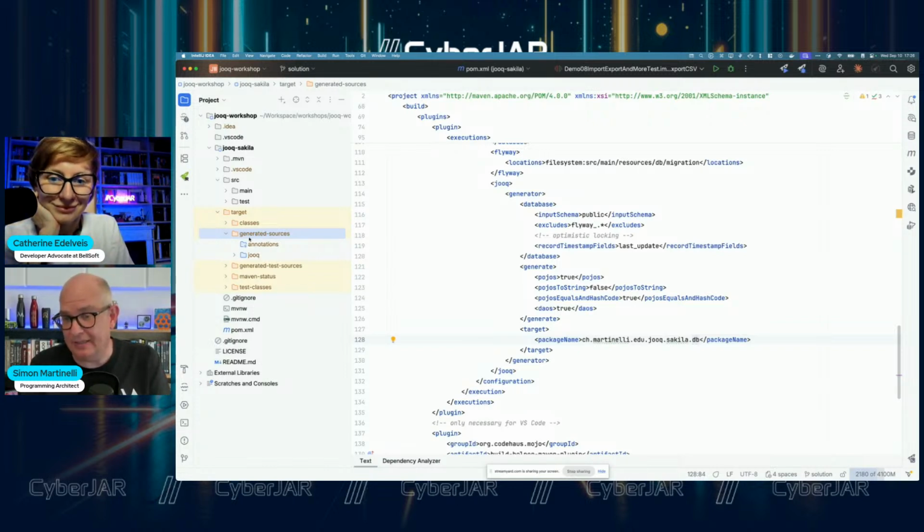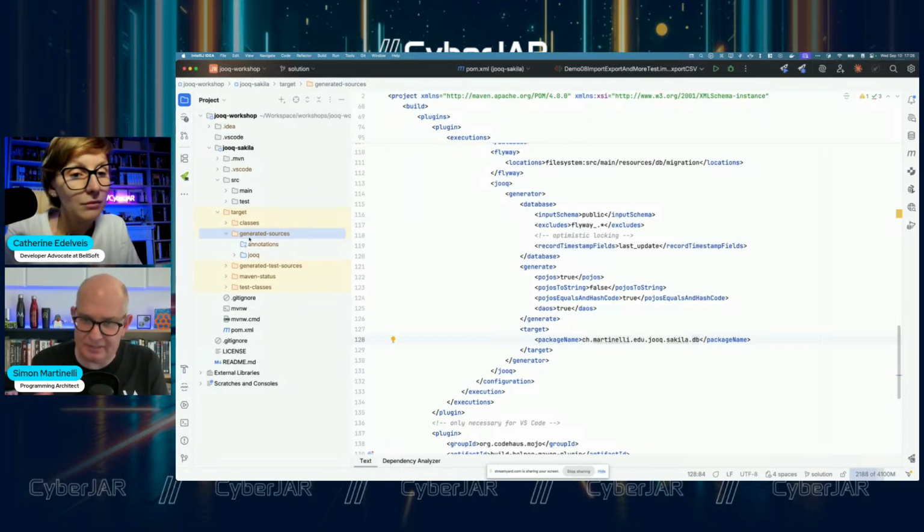But you also can decide to put the generated classes under version control. I usually don't do that, because the generation can run every time, and so I don't need to. Maybe, but that's more a matter of taste. What could be an issue is if you have a very big database.